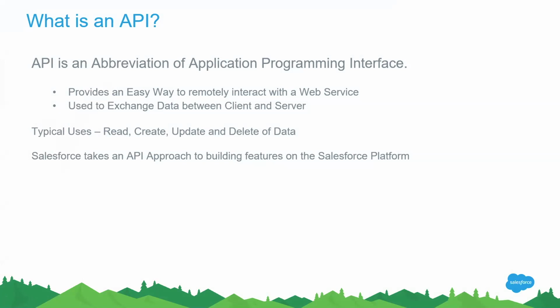Basically, when you want to exchange data, you have Salesforce. So let us say you have a .NET application or a SAP or any other different third-party legacy system. If you want to exchange data, like pass some data and receive some data, you want to use API. Basically, you can do CRUD operations: create, read, update, and